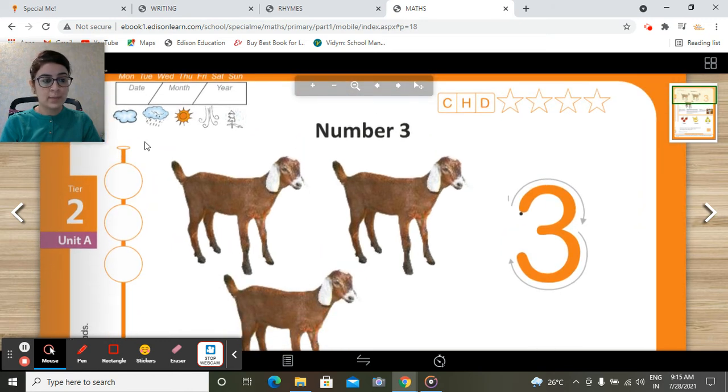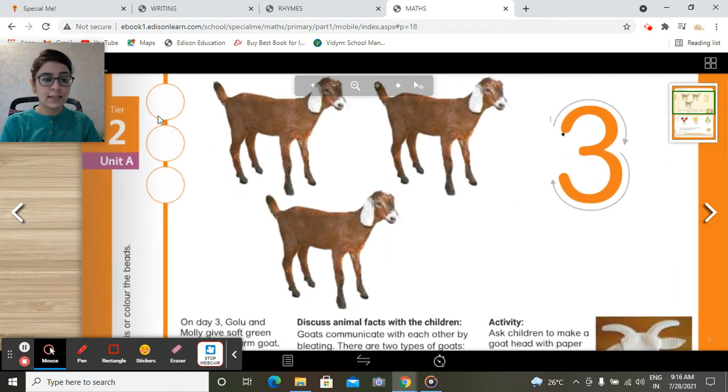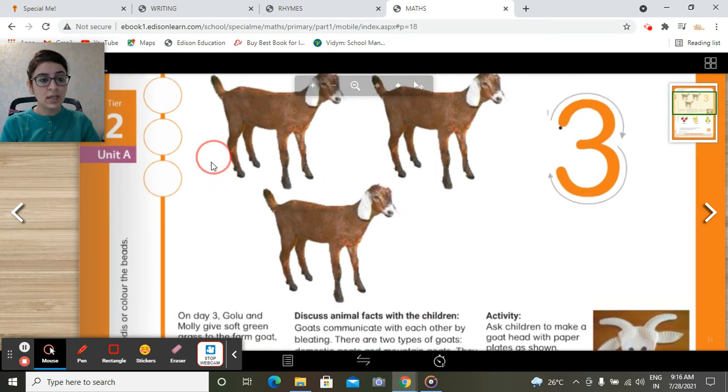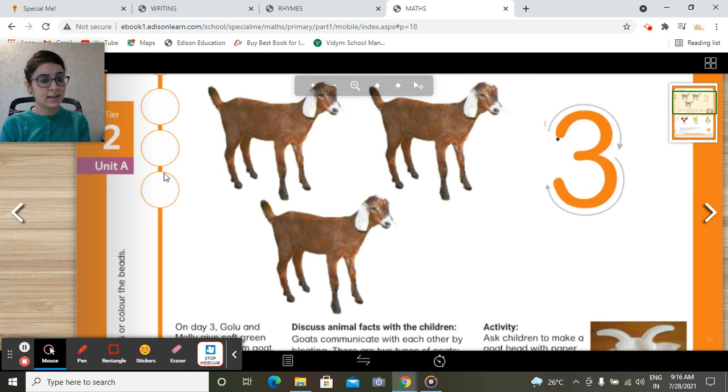First of all, I request the parents to please circle the day for today. Then put date, month and year. And please circle the weather for today as it's rainy. So you have to circle this rainy icon. Okay. So as usual, first of all, how many circles are there? 1, 2, 3. So what we do in these 3 circles? Either you can color it or you can put your thumbprint or you can stick bindi. Otherwise, आप मम्मा की बिंदी यहाँ stick कर सकते हैं.